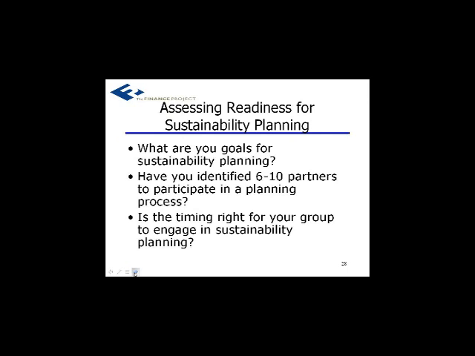I also noticed that someone typed in that they don't have a solution. They haven't found the pot of gold, but they do have a question, and that question is, how did the programs that created voucher systems from pots of government money, for example, states, get their start? One response I can give to that question, and I would welcome any of the states participating today who have been able to employ that financing strategy to type in a couple of thoughts, is that one of the most important